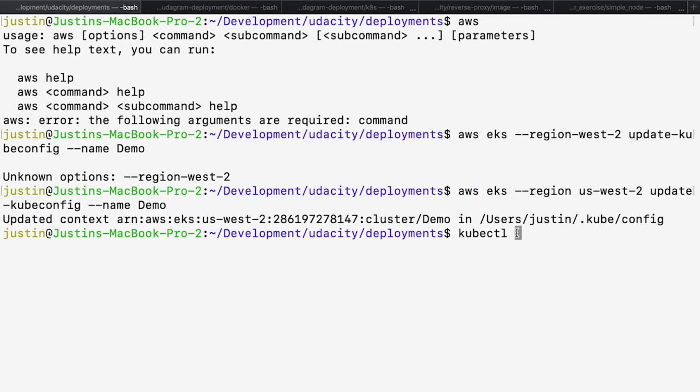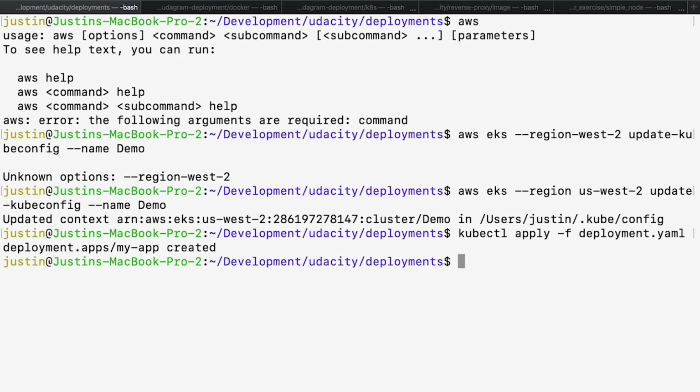So now that we have kubectl set up against that cluster, we can start by taking our service and deployment YAML files and applying them against the cluster to have them available. That command is kubectl apply -f, and I'll start with the deployment file. There should be a bit of a lag while it takes a few seconds to process. And after that, I had a response saying that the deployment's created. Great. So that means that the EKS cluster has accepted my deployment file and is processing it.